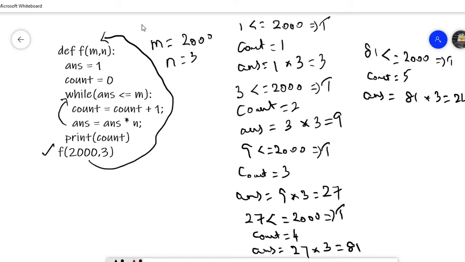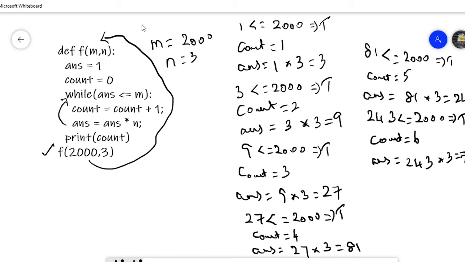Again we are checking the condition, 243 <= 2000, yes, it is true. So the count value is incremented, it is 6. Then s = 243 * 3, so it is 729.